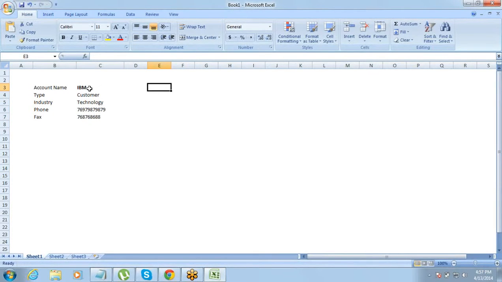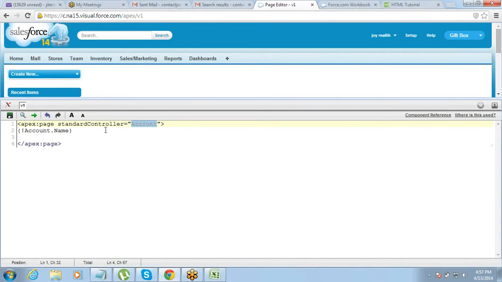So let's say I want to create this kind of a page. On the entire page, I just want this much. Account name, type, industry, and phone and fax should come. Okay. Since we want data to be displayed from the account object, for that page the standard controller should be what? Account, right? So let's do that.